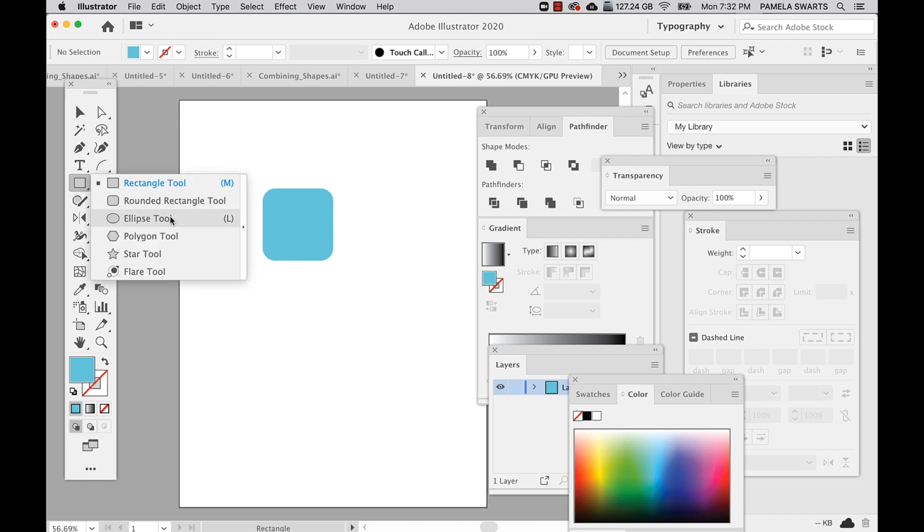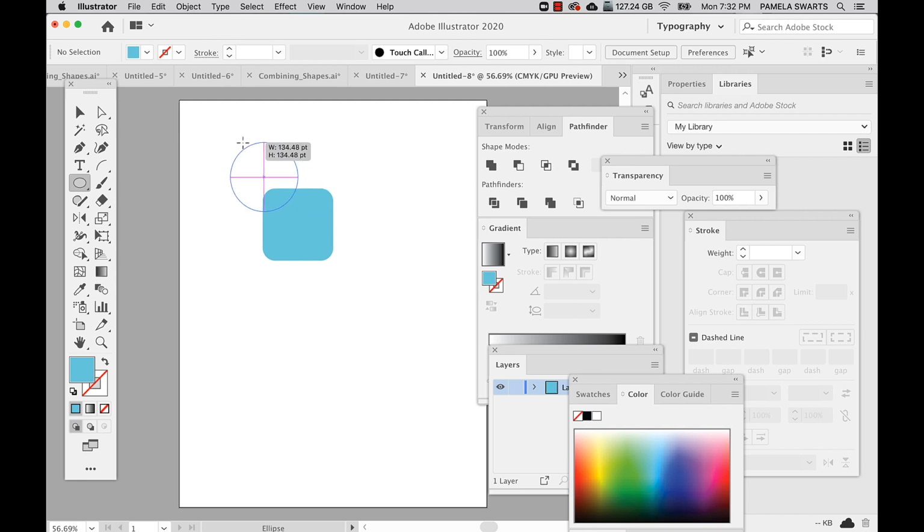I'm going to click and drag to the ellipse tool, or L on the keyboard. And same thing, I'm going to hold the shift down. Let's see. And that looks about right. Okay, so we've got two shapes, and I'll select them both so you can see